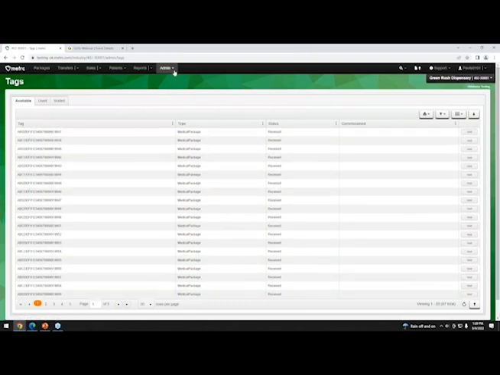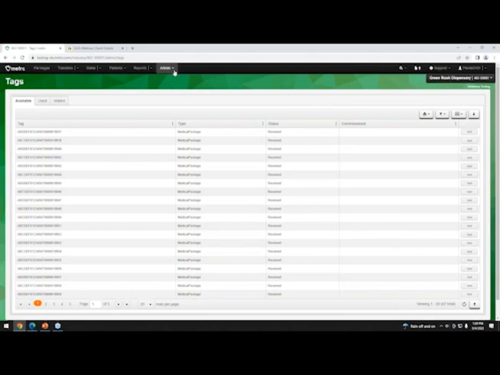So this is how you can view all the tags you have in your inventory. The tags don't go bad, so you can order as many as you want and you can use them throughout the course of your license. So if you did order a large amount at the outset, those are still good, or they should be still good.